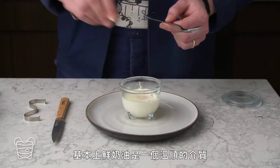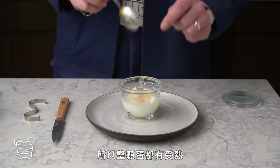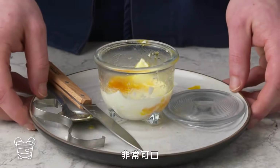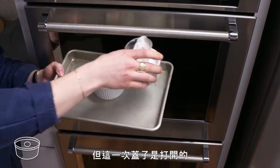Basically, the cream helped to create a gentle cooking medium for the egg. The lid helped to trap some steam, so it cooked all the way around. What I really want is a couple of toast soldiers to dunk in there. It's very tasty. Shirred egg. So now we're gonna make a shirred egg, which is similar to a coddled egg, but this time it's gonna